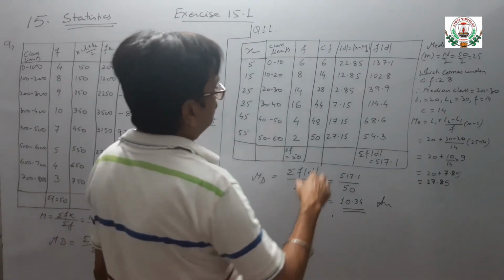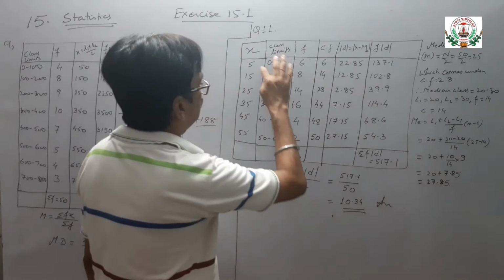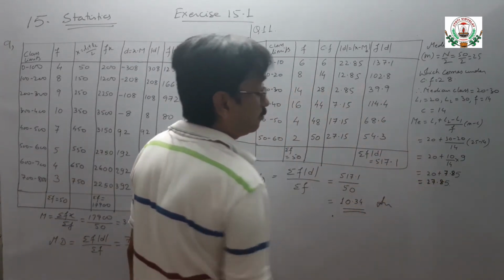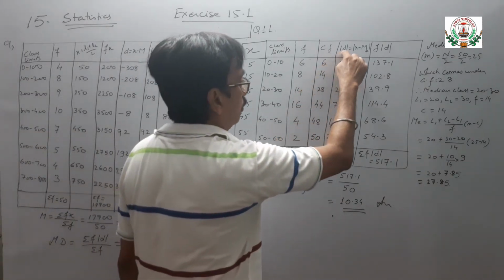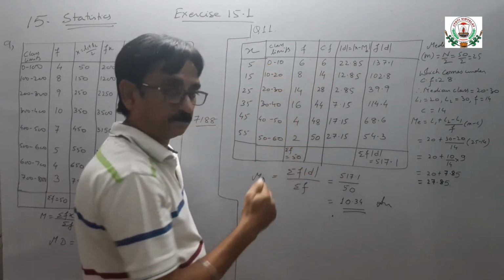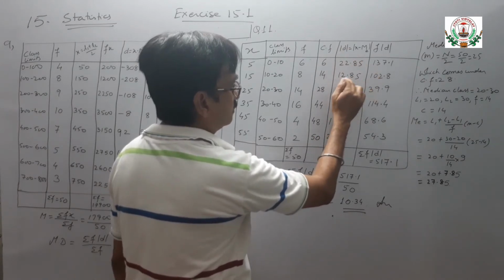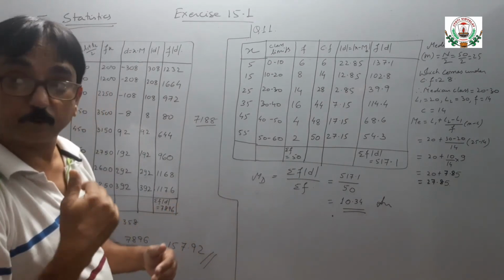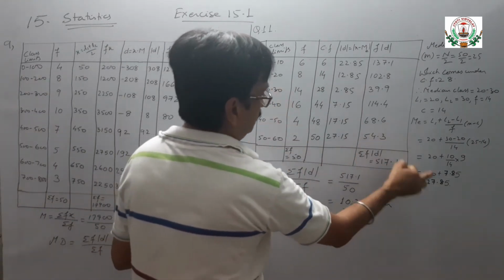Now this value 27.85 will be subtracted from each of the variables. 5 minus 27.85 will be minus 22.85. But since it is calculating here directly mod, so it will be positive. अब difference कितने का है? 10 का है. So subtract 10 from 22.85, it will become 12.85. Then subtract 10, 2.85. अब आपका क्या है? नेगेटिव से पॉजिटिव बनने वाला है. वैल्यू क्या है? इस से बढ़ने वाली है.